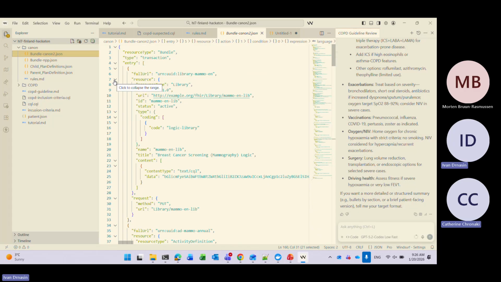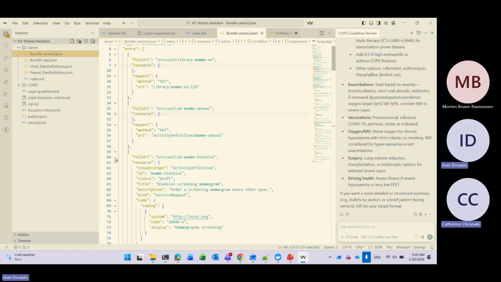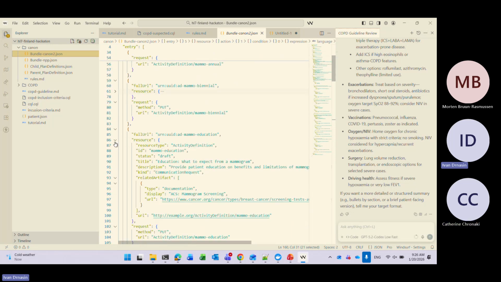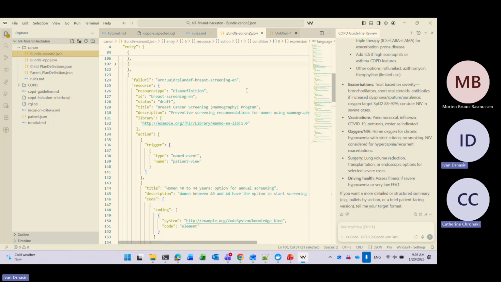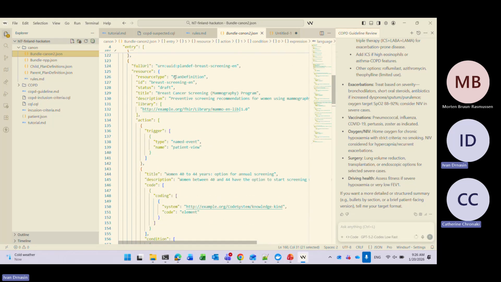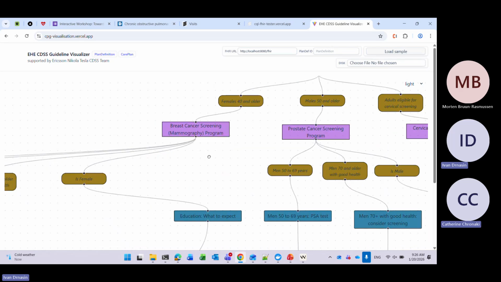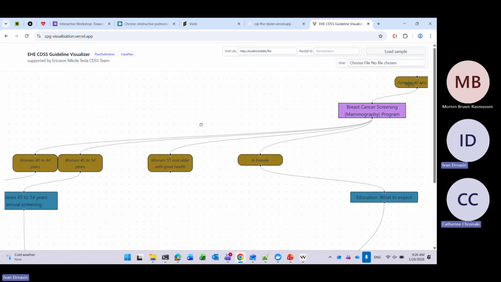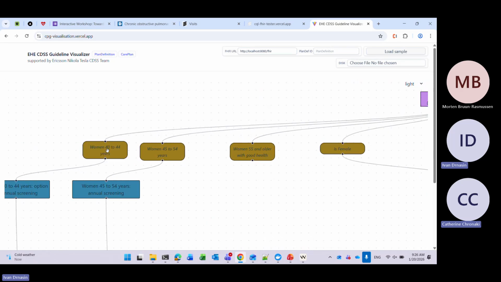So it's maybe not so funny to watch the JSON, but I will just go and find some. There are many of them. Okay, plan definition. So this one, let's say, is a child plan definition. It's not the parent plan definition. And when a person enters that one, we can see additional criteria. So female and 40 years or older, and then we have refinements. Woman from 40 to 44, from 44 to 54, and so on.